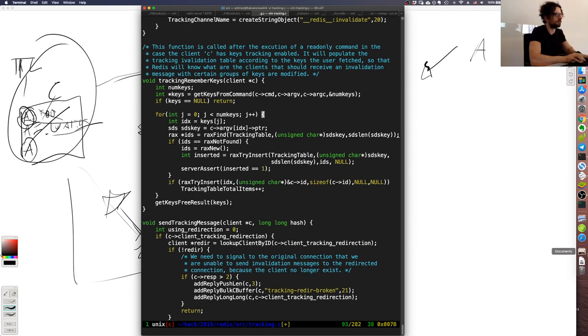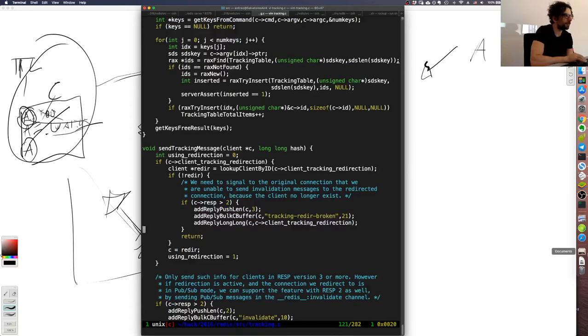Okay, this is not worth any commenting because it's obvious what's happening here. This sends tracking message. However, it's no longer a hash, but it's